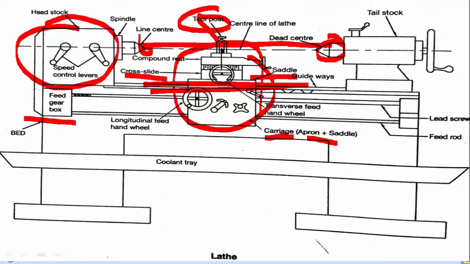Next we have work holding devices. Generally we have two different types of chucks. One is 3-jaw chuck and the other is 4-jaw chuck, and based upon the number of jaws, the chucks are divided into 3-jaw and 4-jaw. And next is feed mechanism. Generally the tool can be moved in three directions. One is longitudinal, second one is transverse, and third one is angular.